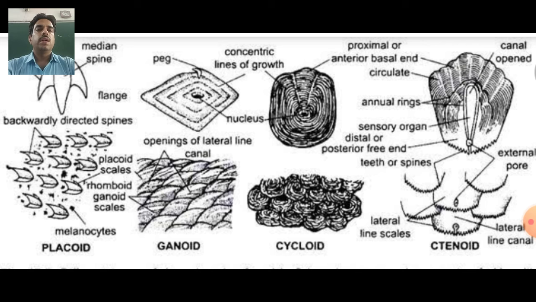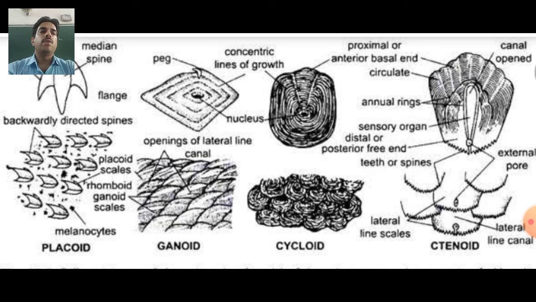These are part of Osteichthyes, both Chondrostei and Holostei. Chondrostei includes Polypterus and Acipenser, whereas Holosteans include Lepisosteus. And these are ganoid fishes due to the presence of ganoid scales, which are rhomboid or diamond shaped in ganoid fishes. Then the next on the screen, the third, is cycloid scales.